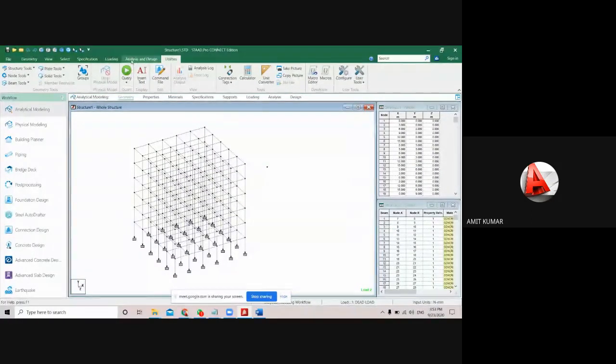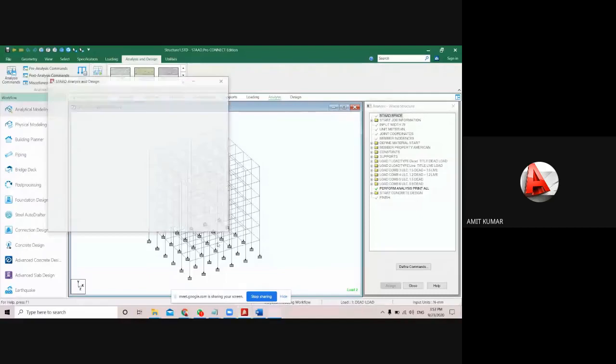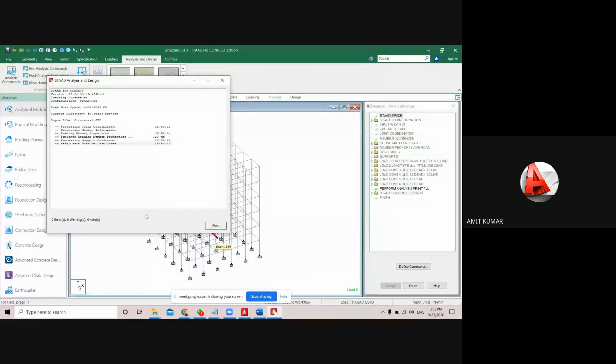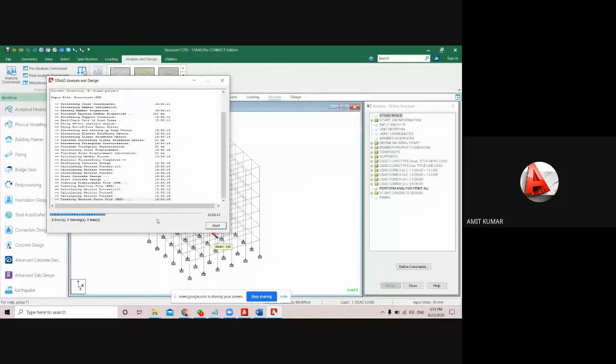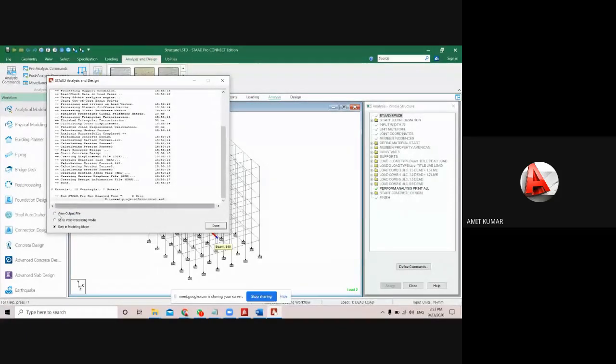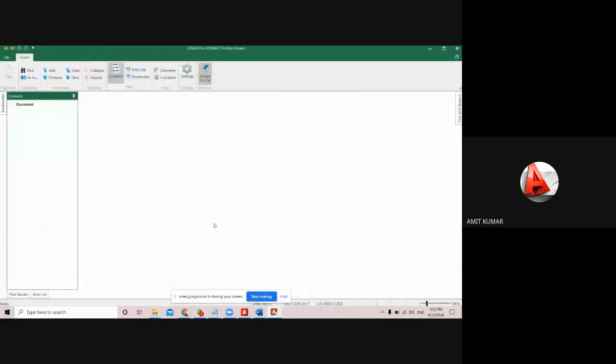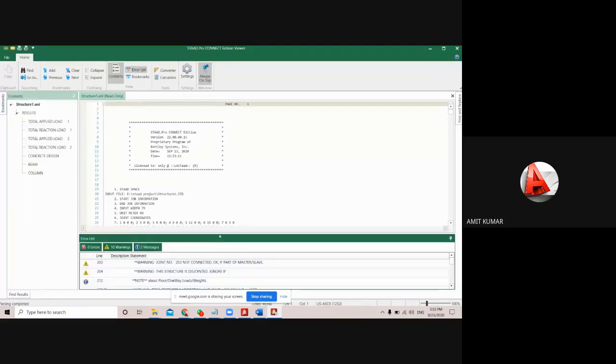For that you have to analyze it again. Click on Run Analysis. Here I am getting 10 warnings. Now just see what the warning is. Mostly it will give you the disjoint error warnings.